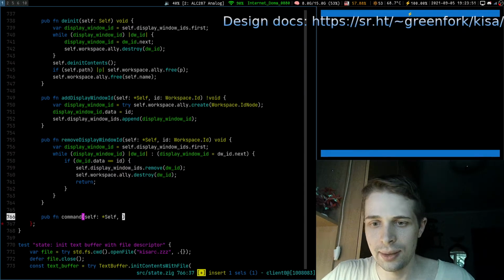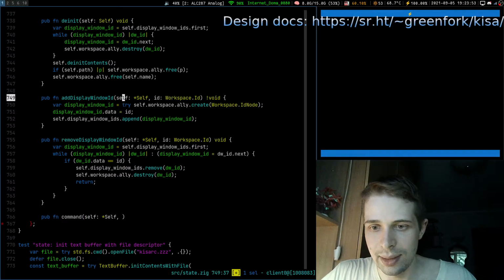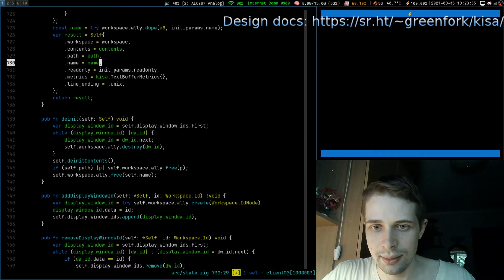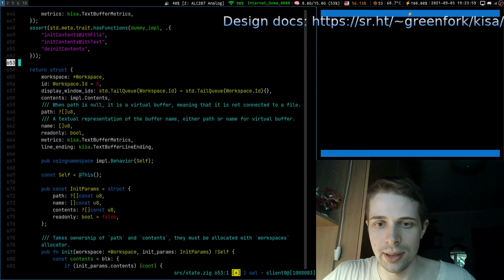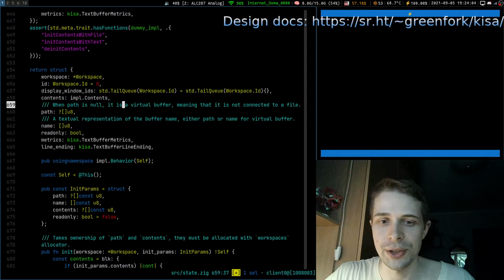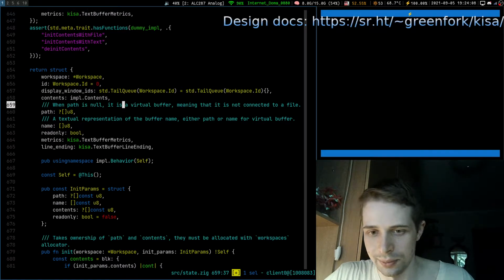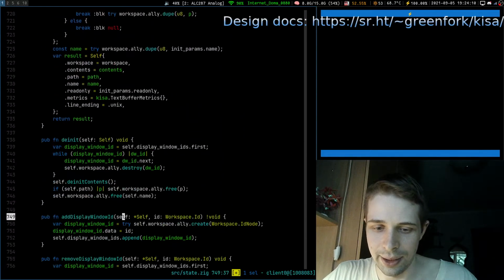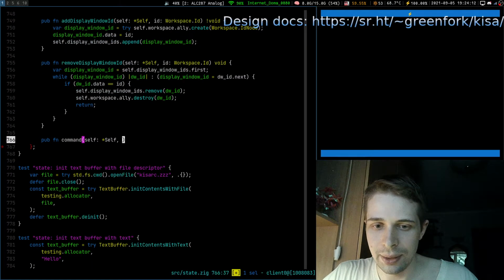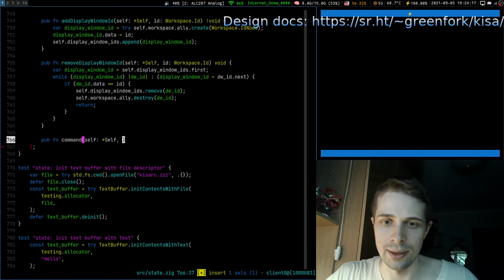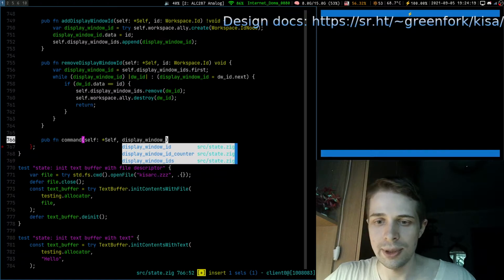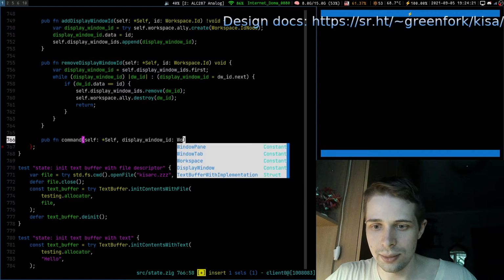We go with workspace ID, and here, yeah, probably we need just our state, and we need to understand which display window to send the request to. All right. We can do it a couple of ways. Probably just pass it here. If we get a better idea of what exactly to do, we will do it.